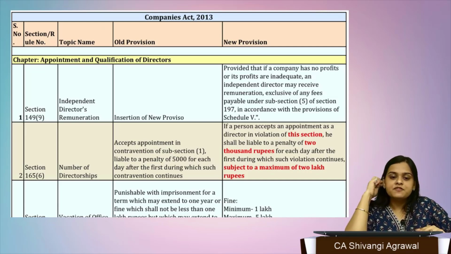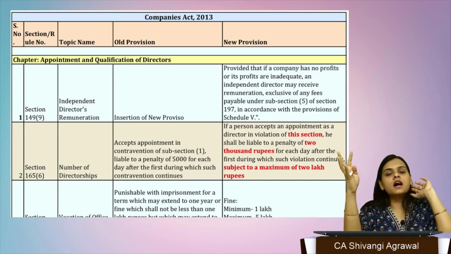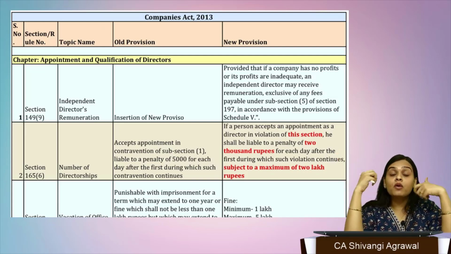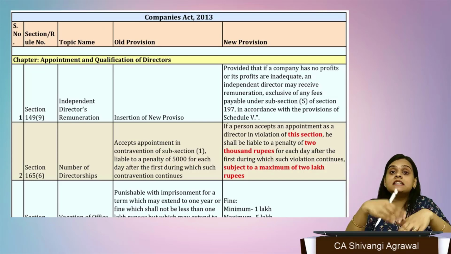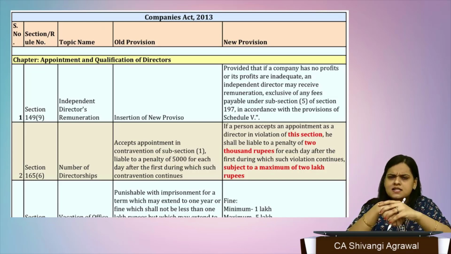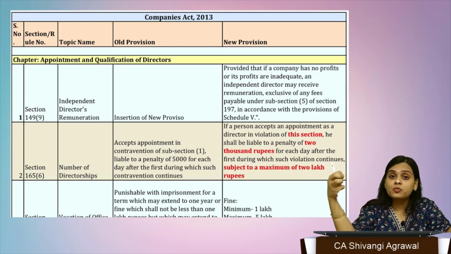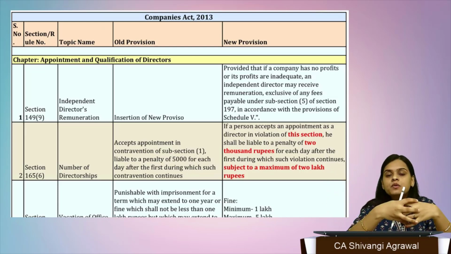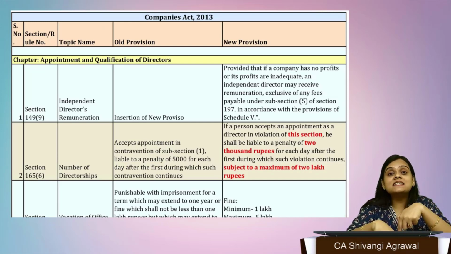So see, from the examination perspective, earlier they never asked penalties, so we could confidently tell our students to skip penalty. But nowadays, even penalty has been asked. Sometimes 1 mark, sometimes 2 marks, and sometimes with the incorporation of objective type questions, you can expect more penalties. So as of now, the smart work would be to learn the penalties which have been included in the